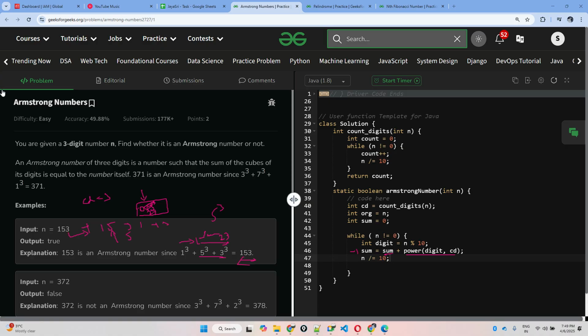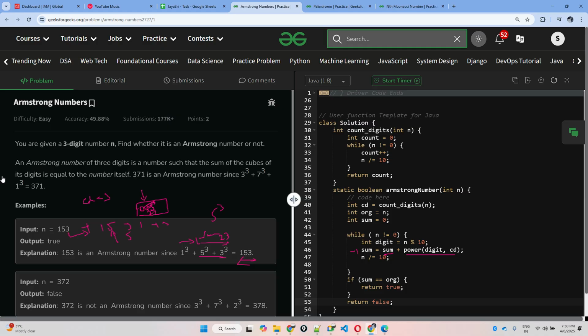Okay. Now when it comes out of the loop, what I need to check? My sum contains this complete sum. If it is equal to the original number, then it is an Armstrong number. You have to return true, else I have to return false. Right? It's so simple. The only thing left here is we have to do the power of the